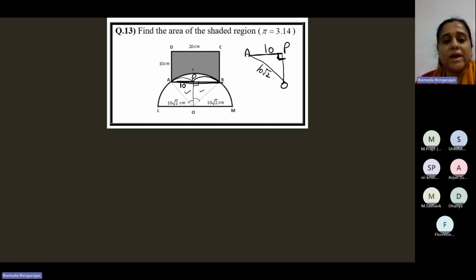Okay, then AP is equal to BP, correct? By the RHS rule, AP is equal to BP. So 20 becomes 20 by 2, which is 10, 10. Is this figure understood? OPA, 10 root 2, 10. Now you need to find this angle. You need to connect this angle